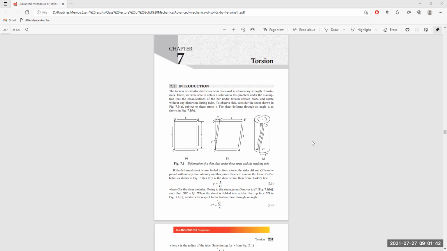The torsion of circular shafts has been discussed earlier. Here we are able to obtain a solution of the problem under the assumption that the cross-section of the bar under torsion remains plane and rotates without any distortion within twist. So if any bar has a round or square or rectangular cross-section, it remains plane before and after torsion and rotates without any distortion. It means during twist it rotates within the elastic limit, and if the load is removed, it goes back to the original shape. But in the meantime, the surface